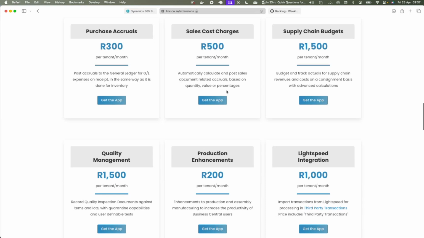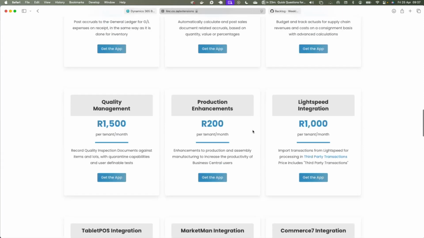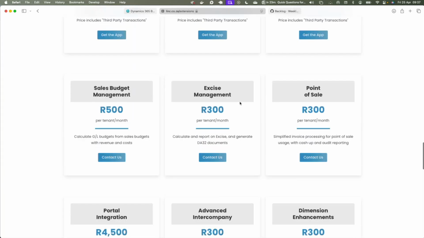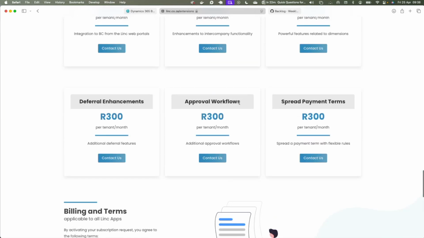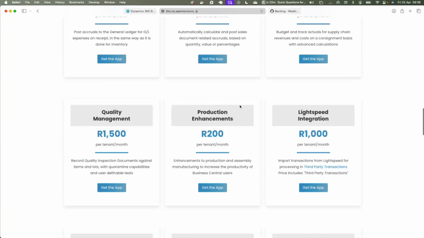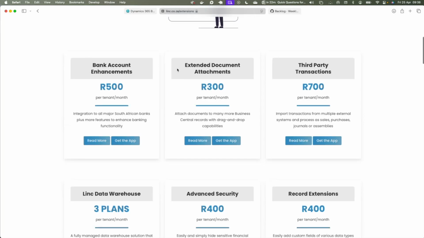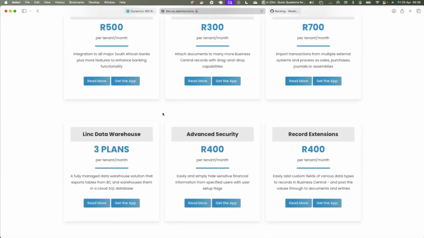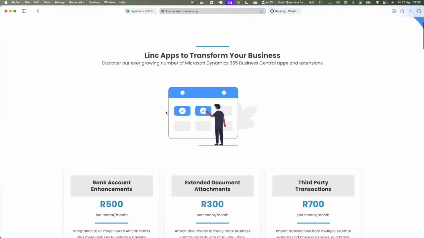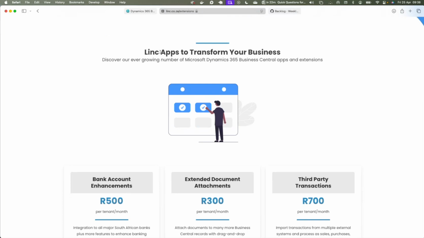So if you see anything here that sparks your interest, please drop us a mail if you want to find out what this app does and whether it can help you in any way, shape, or form, and we'll gladly tell you what it does and take you through it. We will also, in the next couple of months, decide which of these apps deserve a webinar of their own to take you through some of the functionality. So if any of you have any ideas of which of these apps you want to have a look at in more detail from a marketing or a webinar perspective, please drop me a mail or somebody at Link, and we will schedule that.